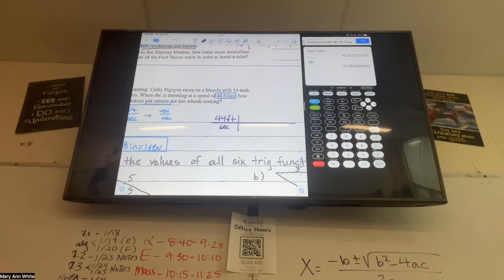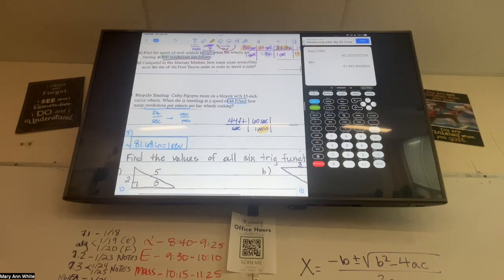We can either change seconds to minutes or feet to revolutions. What's one thing we could do first? Good, seconds to minutes. How many seconds are in a minute? 60. Good, so 60 seconds, 1 minute. Good, so the seconds are going to cancel. So I've got minutes on the bottom. That's good, that's what I want. Now I got to start getting this